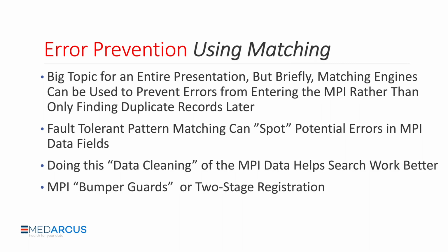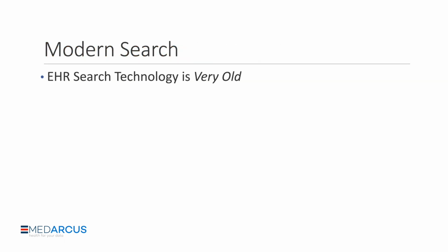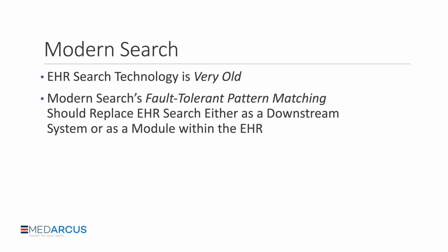And lastly, we'll talk about patient search. The MPI bumper guards and the 2-stage registration were really an attempt to replace or augment the EHR search function. But in reality, EHR searches should be replaced by technology, not just kind of augmented. If we had pattern matching capabilities at the front end of any EHR,